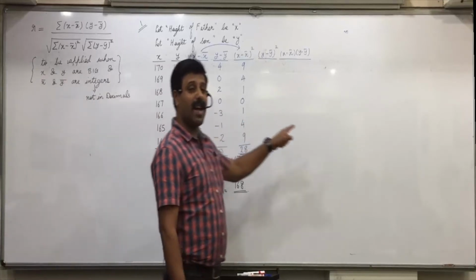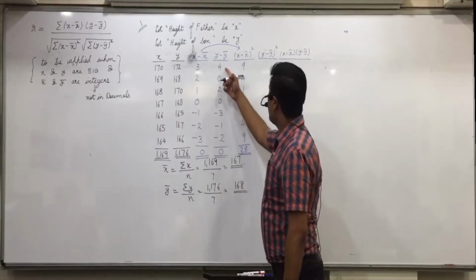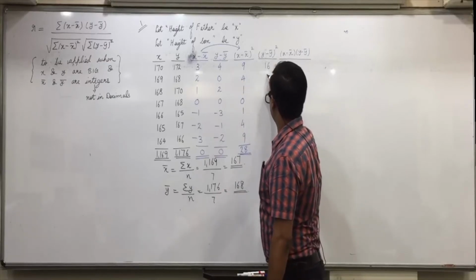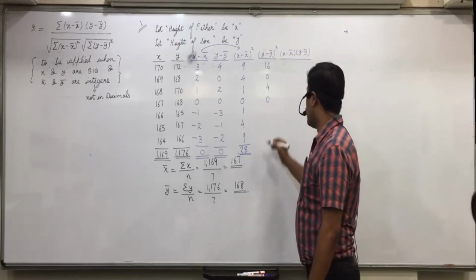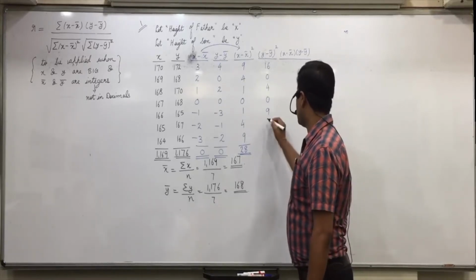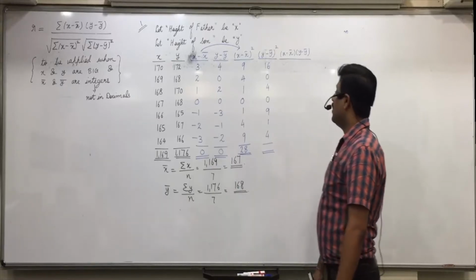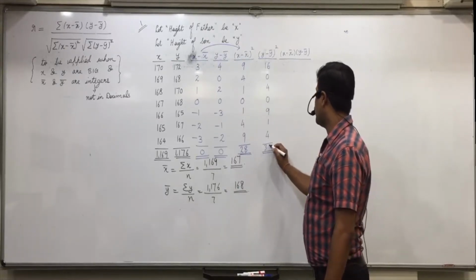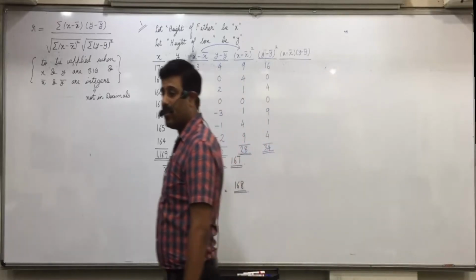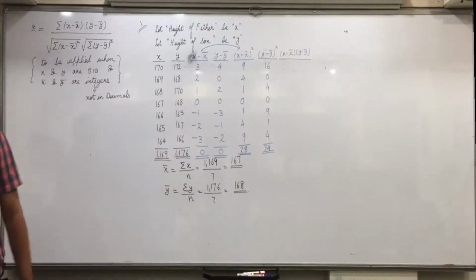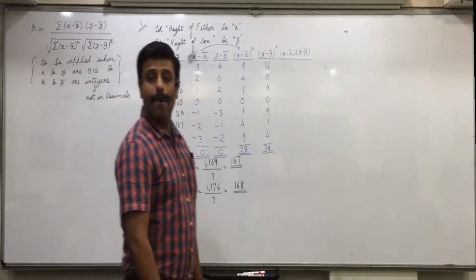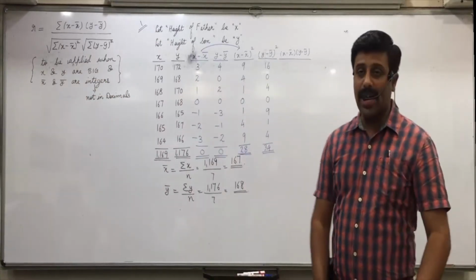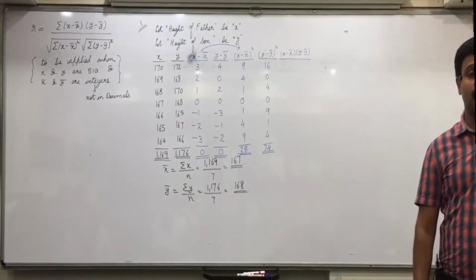Now y minus y bar square in the same manner. 4 into M plus, 16. 0 into M plus, 0. 2 into M plus, 4. 0 into M plus, 0. 3 into M plus, 9. 1 into M plus, 1. 2 into M plus, 4. And 20, 29, 30, 34. Press MRC, do you get 34 or not? Yes. Raise your hand who is not clear with any portion up till here. Raise your hand who is still writing y minus y bar square.